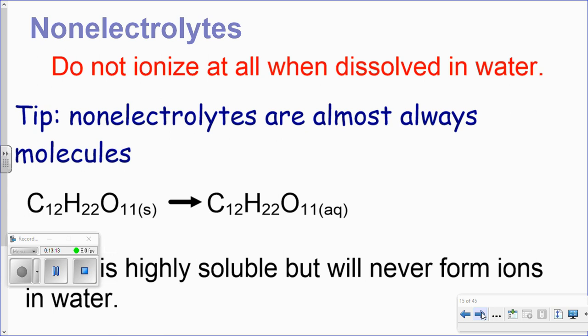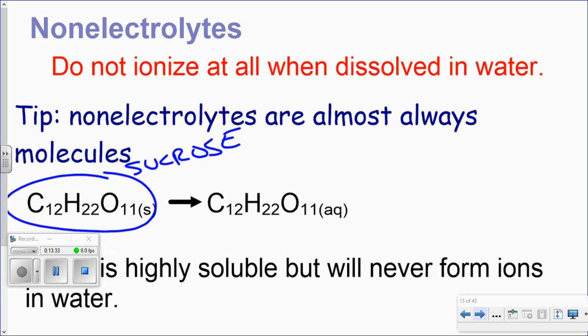The last slide that I want to talk about in this video is something called non-electrolytes. Non-electrolytes are things that don't form any ions whatsoever when dissolved in water. So you have to dissolve something in water to form a non-electrolytic solution. They don't form any ions. The best and easiest and most universal example I have is sucrose. If you don't know what sucrose is, I'll tell you right now. It is